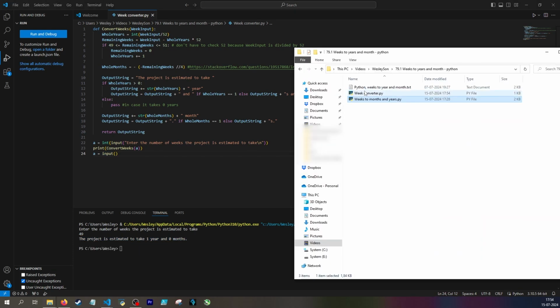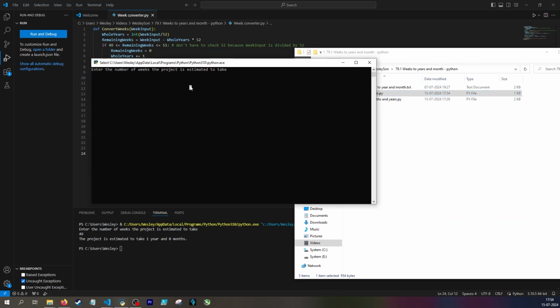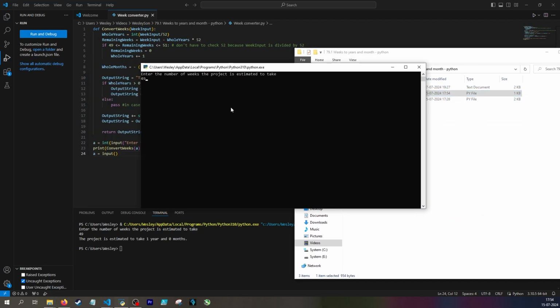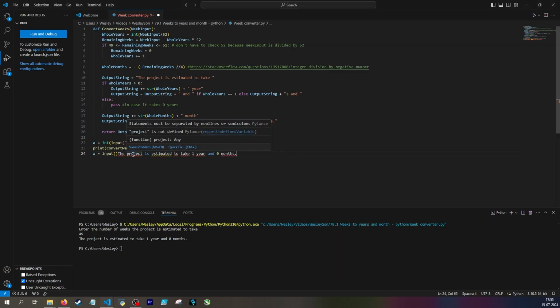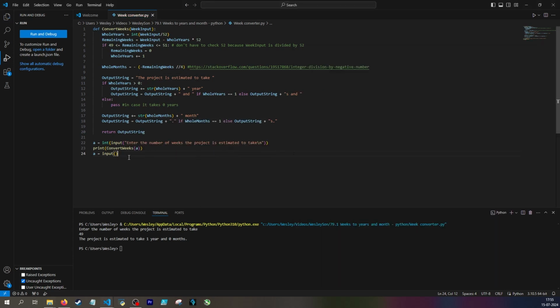So now that I have my week converter here, if I run that like a normal Python file, I get my pop-up like here. And then I can do like normal input 49, highlight this, copy it, and now I have my text in my clipboard. And then it's just enter, and this closes, and then I can just type it in like normal. So that will be my preferred method because you don't have to import anything. That's why I wanted to do this workaround to make the number always round down towards negative infinity. Now I don't have to import anything. It's just pure Python, so there's no safety problems. So, yep,